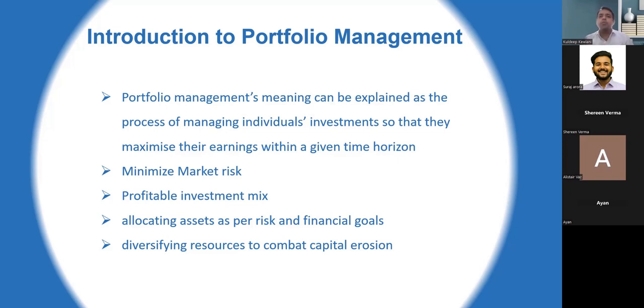Does it mean that it will keep on moving higher? No. It will go up, it will come down, again it will go up. But when we see the end-to-end holding period, for example, if I'm looking at today, which is 5th of December, and if I look at 5th of December 2025, I will definitely see an upward movement. Today Nifty has closed at around 20,800, so 21,000. Quite possibly in 2025 we see Nifty standing at somewhere around, let's say, 26,000. So 5,000 points of jump we'll be looking at in the Nifty.